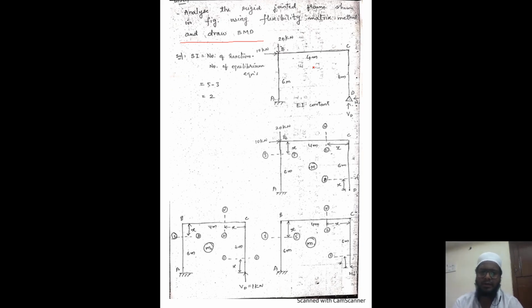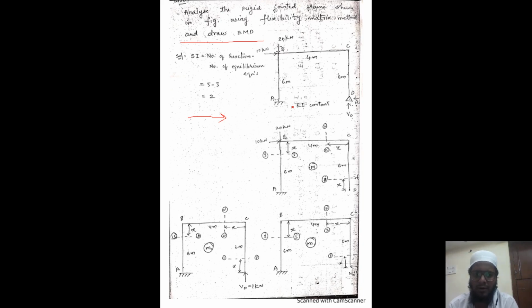Because of this external loading, my frame will try to get deflected in the right side direction. The entire frame will try to get deflected in the right side direction because of this rightward sway. So we say this is a sway frame. The entire frame is subjected to sway now. And along with that, you can see the supports. At joint A we have a fixed support, whereas at D we have a hinge support. As different end conditions are there, because of those end conditions again my frame will try to sway. It is a sway frame now.